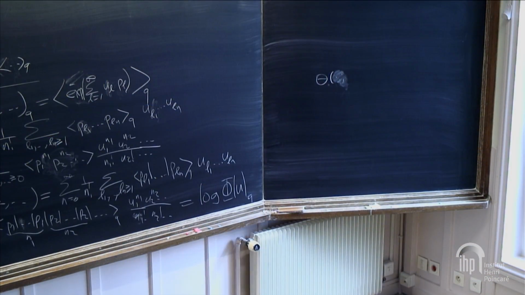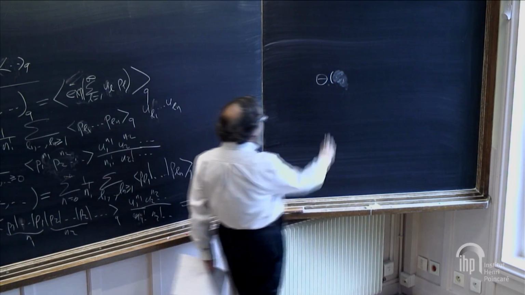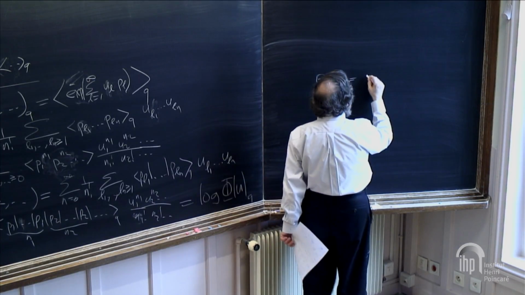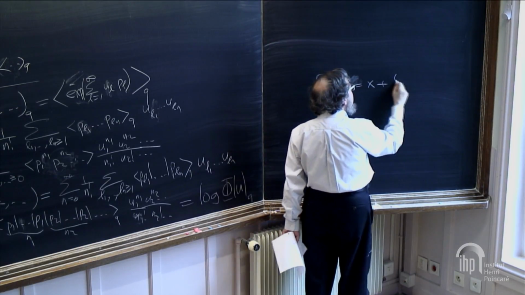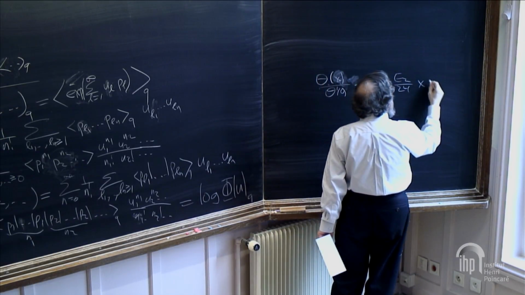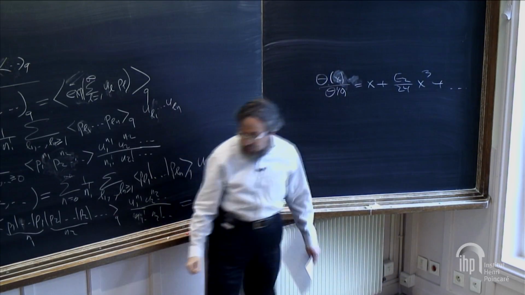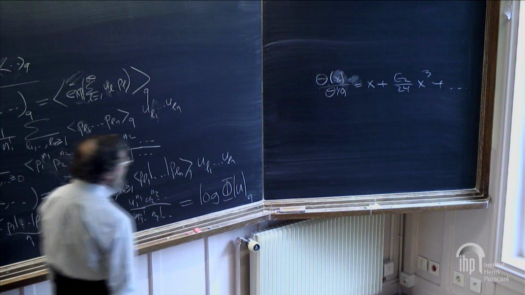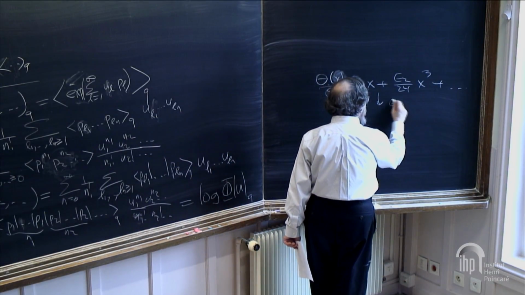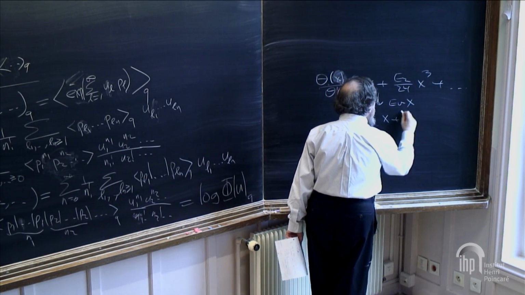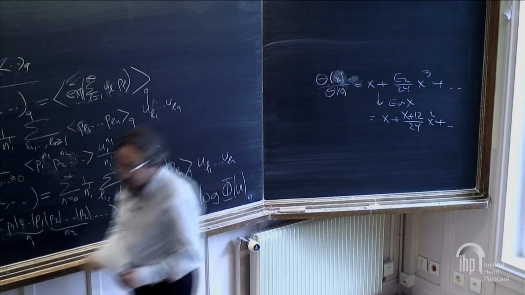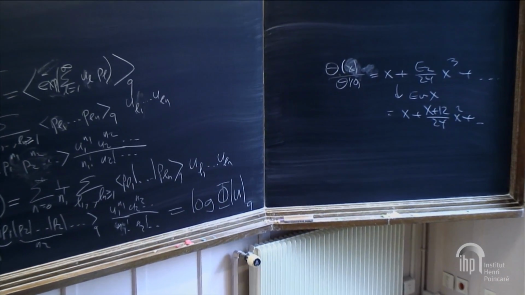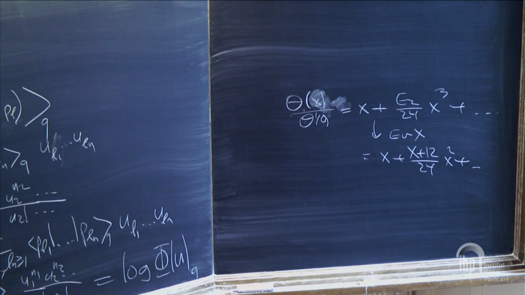I gave you yesterday, if I can find it in my notes, the evaluation polynomial of theta. So remember, theta of x was, well, if I divide theta by its derivative at the origin, it was x plus something like e2 over 24 times x cubed, and so on. It was an odd power series, and x's coefficients were quasimodular. And then if I applied the evaluation map, it would start x plus capital X plus 12 over 24 x squared. And I gave you that formula yesterday, so it's in my notes, but again, I can't keep track